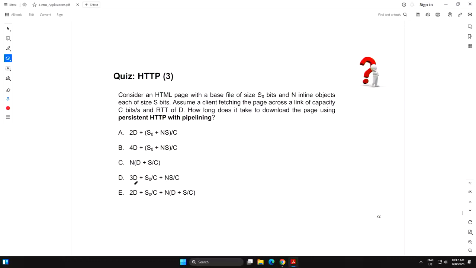And if you look at here, the 2D is because one TCP and one HTTP to get the base file. So this is for the base. And this is the base file transmission time.